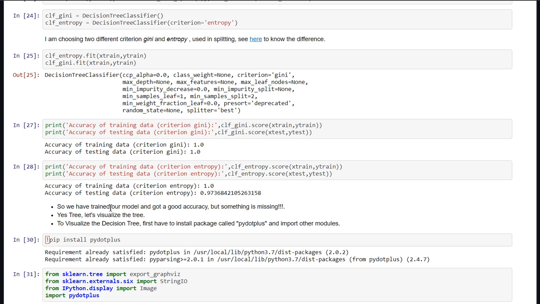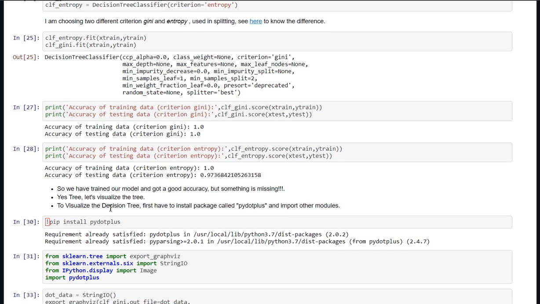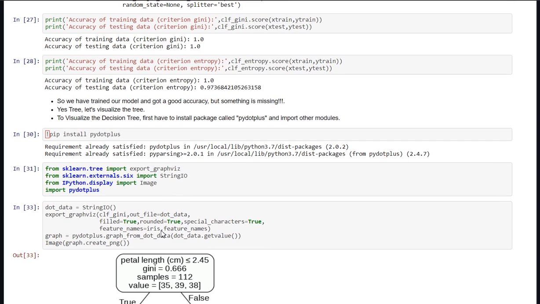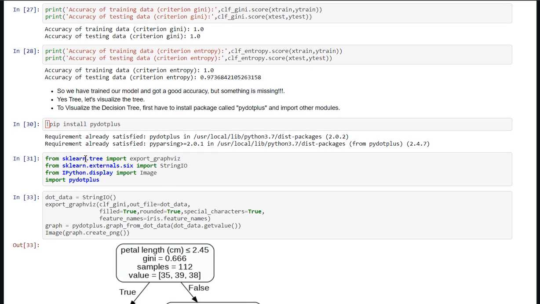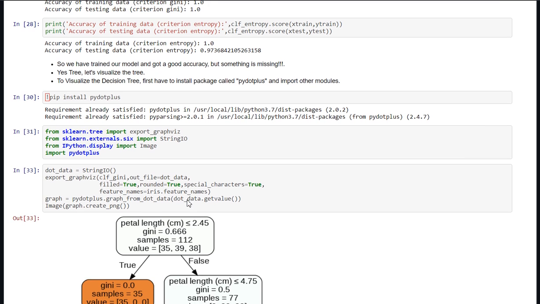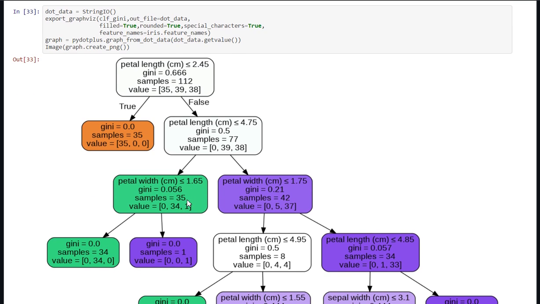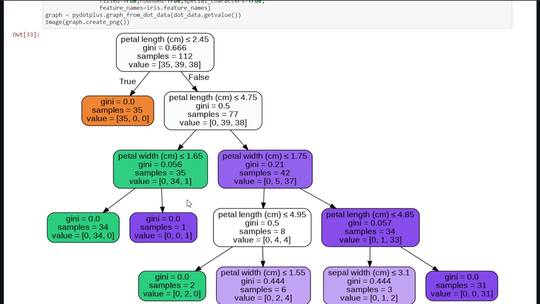For visualizing the tree, I have installed the pydotplus module and also imported it, and also I have imported the export graphviz module and StringIO module. So here we can see our graphs, our trees.